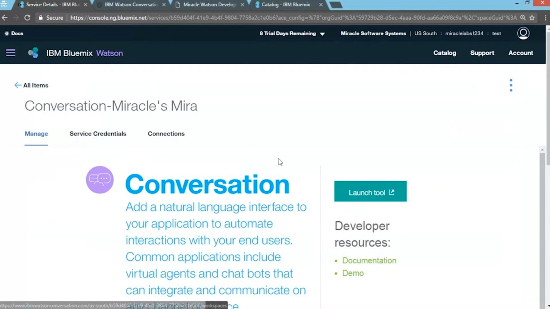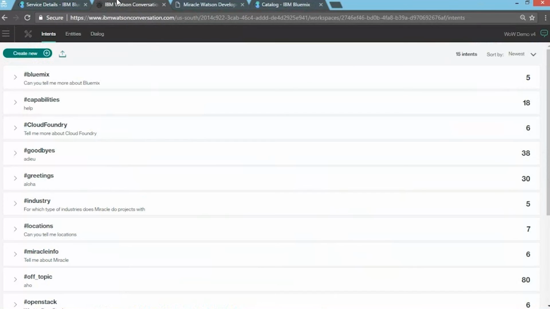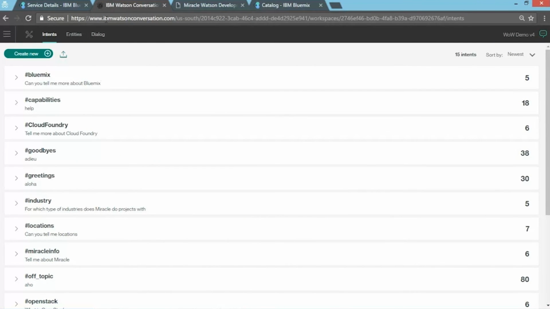At this point, it's time to create a workspace. One workspace corresponds to one bot. It contains all the configuration information that gives your bot its unique personality. Here you can see the intents, entities, and dialogues. Intents are the questions or examples that the user might ask and that we train Watson on. Entities are what we grab from the intents, where the user might say things in different ways. And dialogues are where we create what Watson has to reply back.